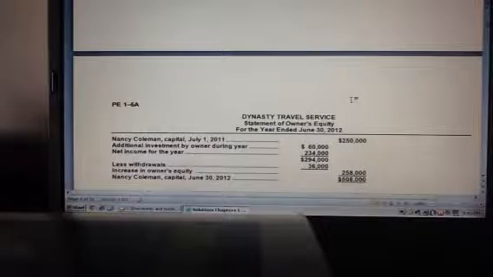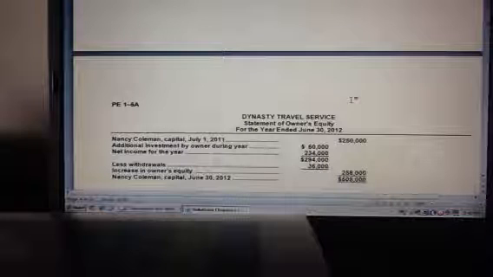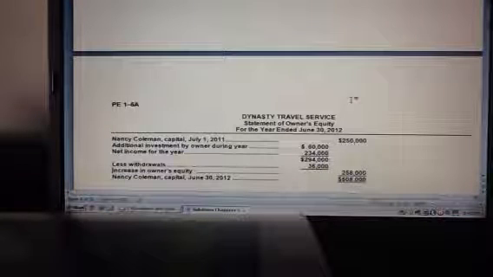So what the statement of owner's equity does is it reconciles the capital from the beginning to the end of the year. We started out with $250,000. She put in an additional $60,000, so that adds to that. The net income for the year, which if you go back to practice exercise 4, was $234,000. That also adds to owner's equity. And then withdrawals, $36,000, is subtracted from owner's equity, and that gives us a net increase in owner's equity during the year of $258,000. When you add that to the beginning capital, you come up with Nancy Coleman capital at the end of the year,